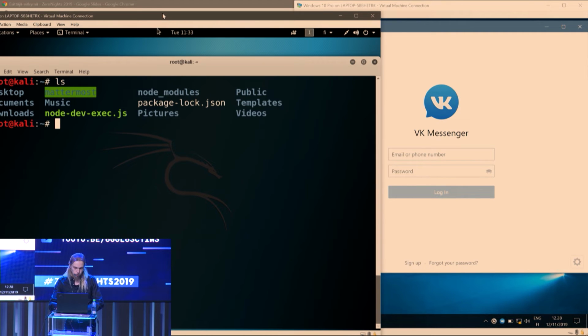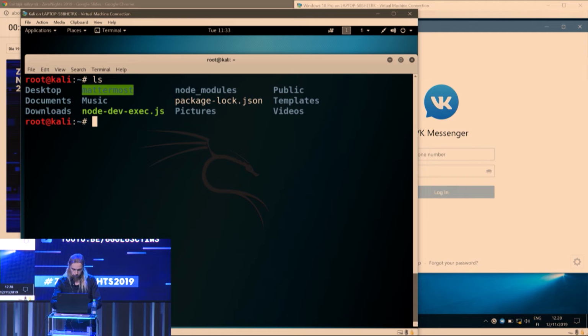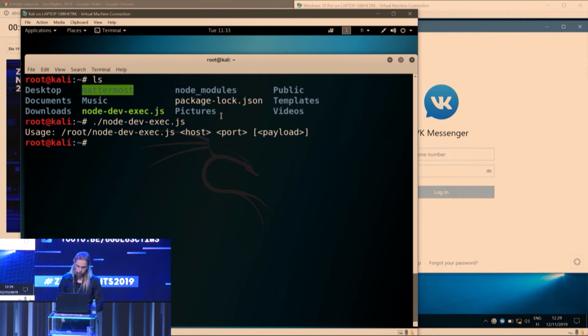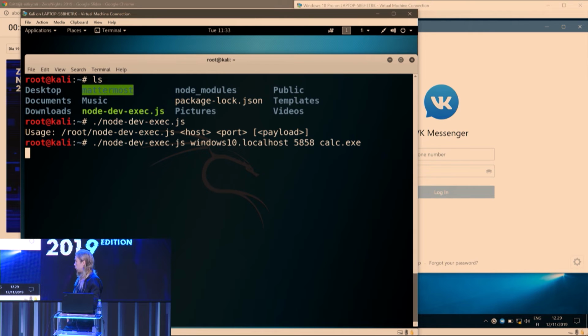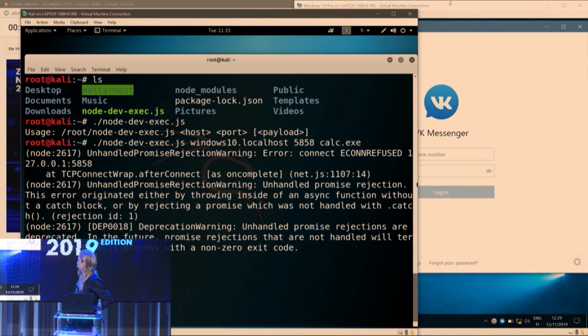I have here a tool which I've written. I have node dev exec, which takes as its parameters a domain name, or rather a host name. Let's specify that, and then a port and a payload. And when I call that, suddenly here